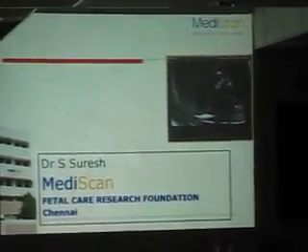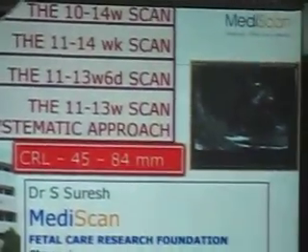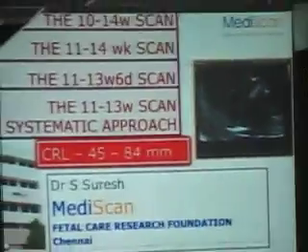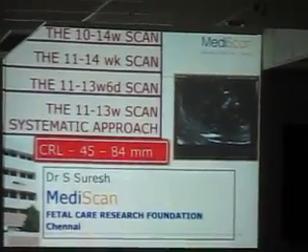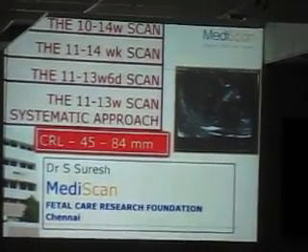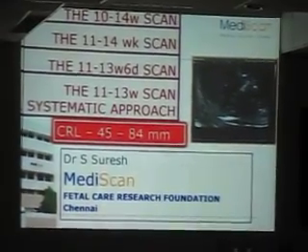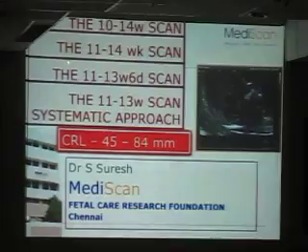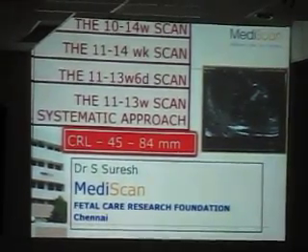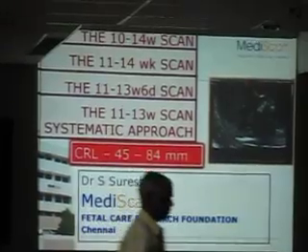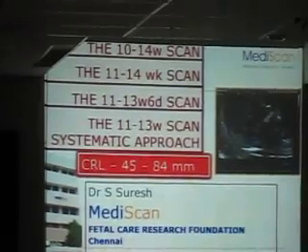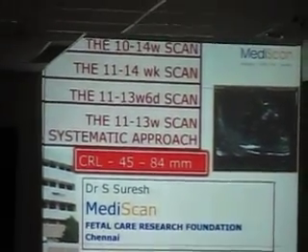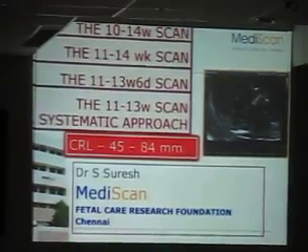Okay, doesn't matter. So this concept of the second trimester scan, the first trimester scan, the 11 to 14 week. I wanted to look at all this, and this actually tells you about how the whole thing evolved. When it was described more than 10, 11 years ago, it was called the 10 to 14 week scan. Then it became the 11 to 14 week scan. And then people realized that they were doing it from 11 weeks to 14 weeks, 6 days, or 14 completed weeks. And then it was found that the sensitivity of the test is not good at 14 weeks, 6 days. So they said you start doing it at 11 to 13 weeks, 6 days.